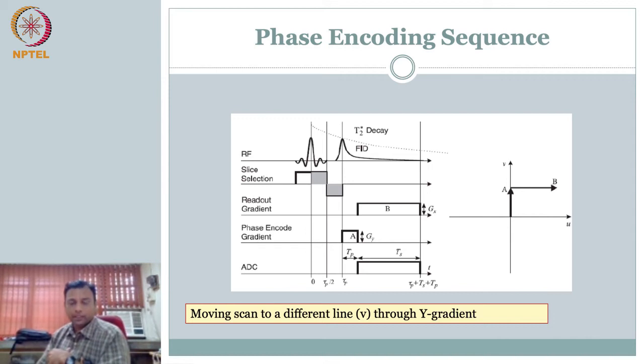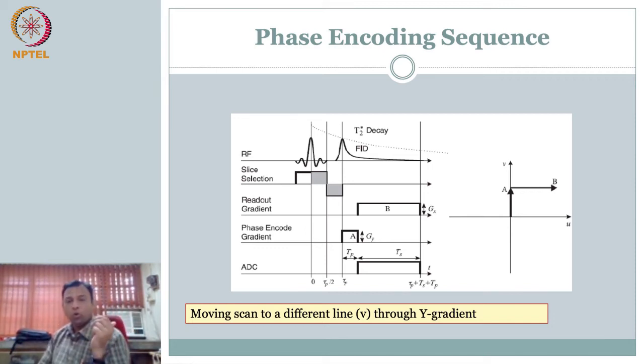How do you put this in terms of our spatial frequency domain representation? This is the same as A before, right? I am applying only the y gradient, no z gradient, no x gradient. If I apply only the y gradient, I will have only a y frequency component. I will move A here, right? That's what we did. When we applied only the x gradient, no y gradient, it moved along the u direction. If I have the y gradient, no x gradient, it will move along the v direction. Very straightforward, nothing new. But I am not recording any signal. I am applying the x gradient now. If I apply the x gradient and read out, I am starting from here, I am reading out.